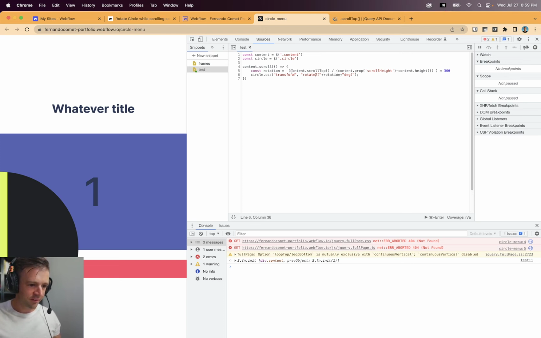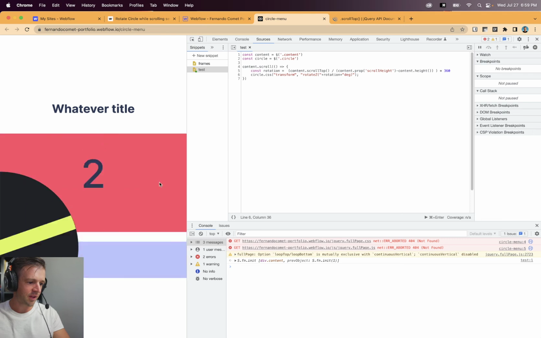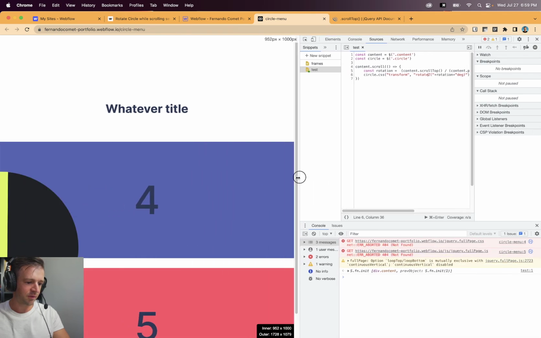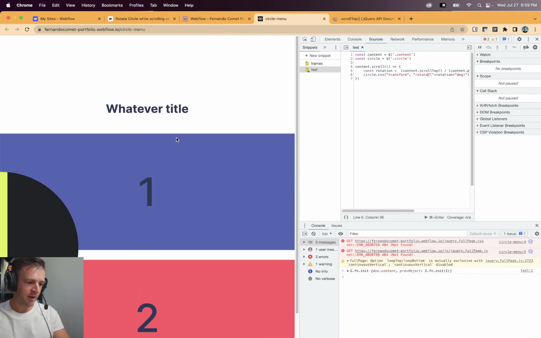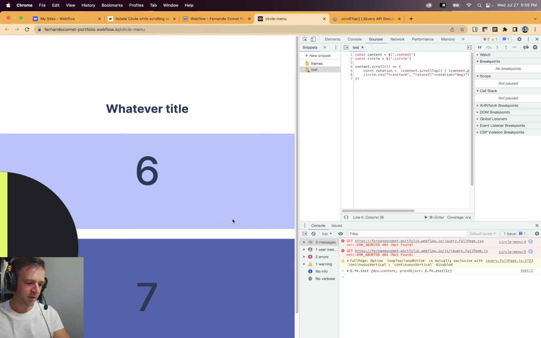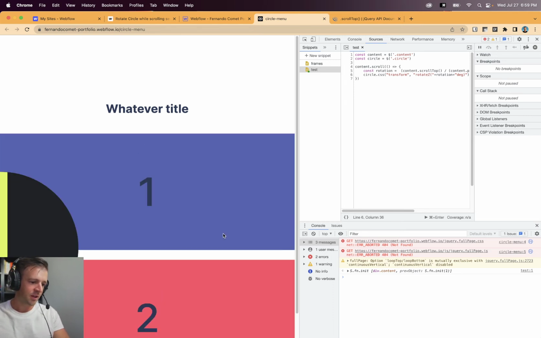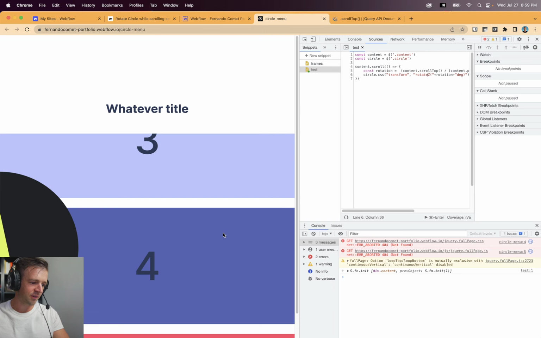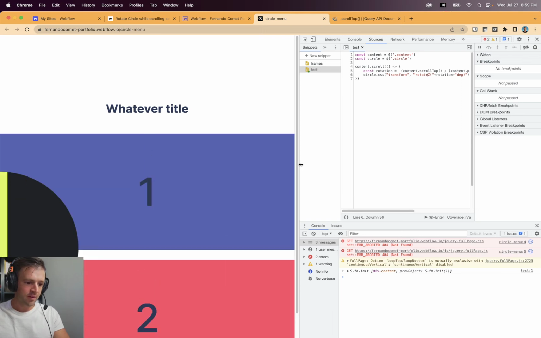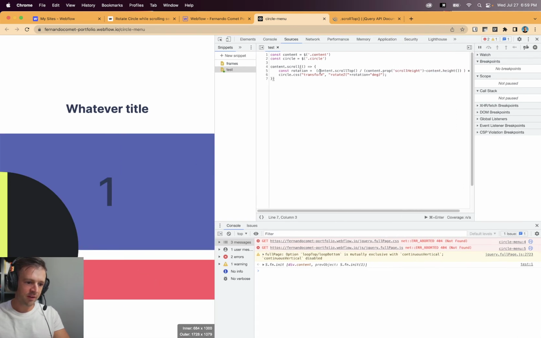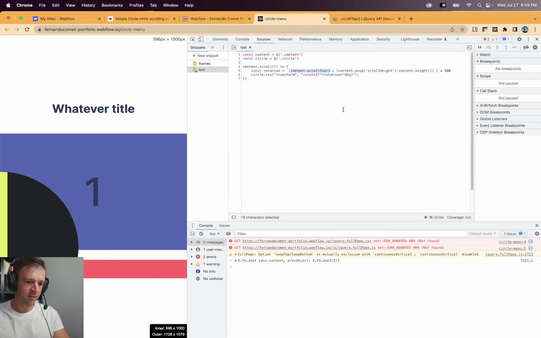Anyways, let's carry on. What we want to do is get a percentage of the total height of this div that we've scrolled. Right now I'm at 0%. If I'm all the way down at the bottom, then I should be at 100%. And if I'm somewhere in the middle around here, 50%. The way we can do that is we take that scrollTop value that tells us how far we are from the top, and we divide it by the total scrollable height, which is content.prop.scrollHeight,